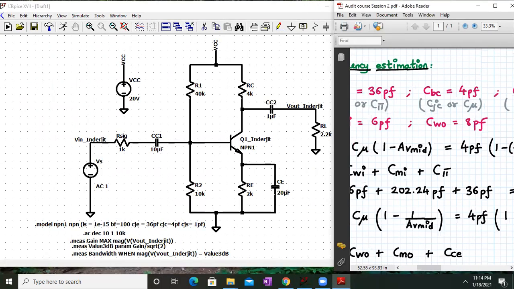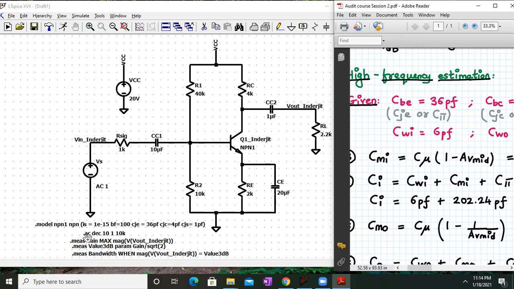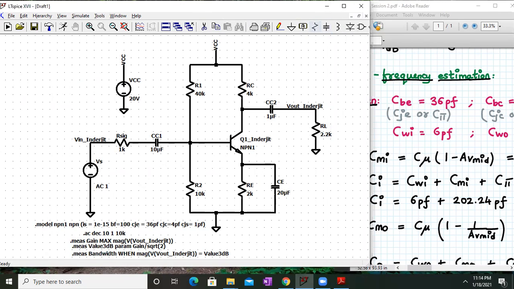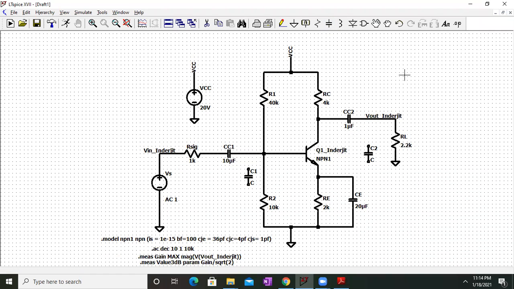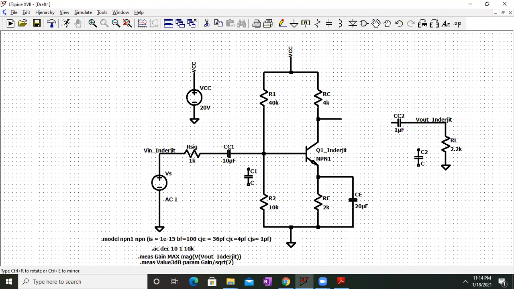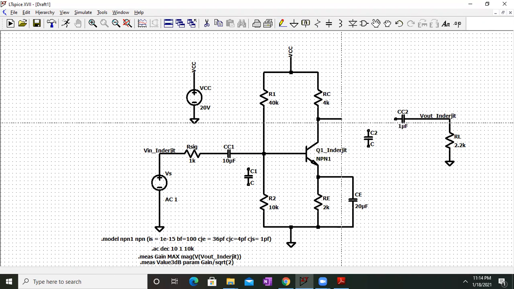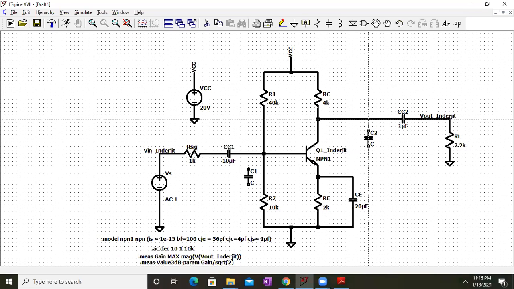Now we have two more things to add: the wiring capacitances. Now wiring capacitances we cannot add in the dot model statement. So we'll see to it here at the input wiring side and at the output wiring side. I think we have to adjust this a little bit so that we can attach this properly. So I will be shifting this a little out. Because it should be at the output side, no other capacitor should be connected before that. That is the wiring capacitances. Similarly over here, this is CWI and that was CWO. So let us just ground this.